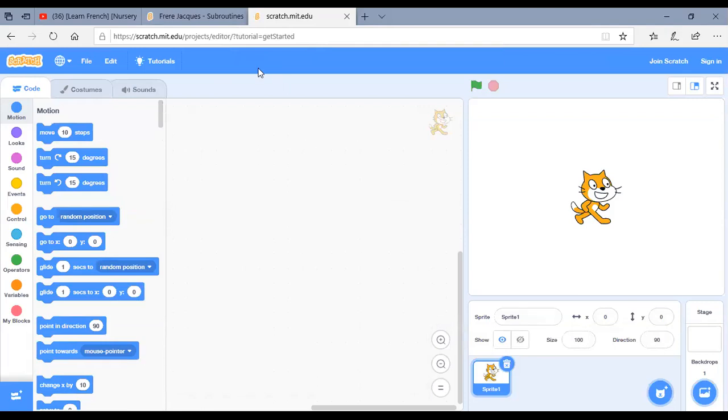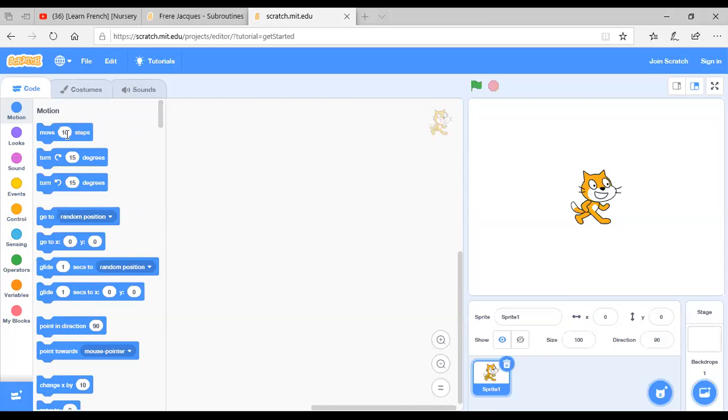First I will give you a brief about the Scratch interface. These are the code blocks that are categorized according to their behavior.